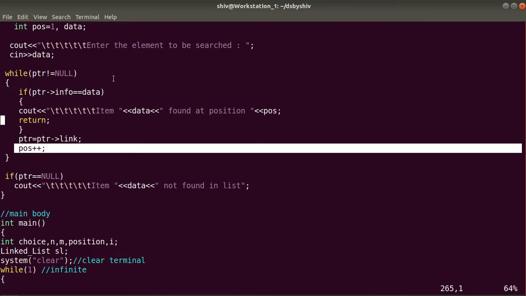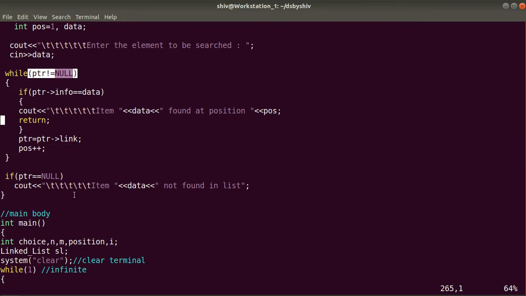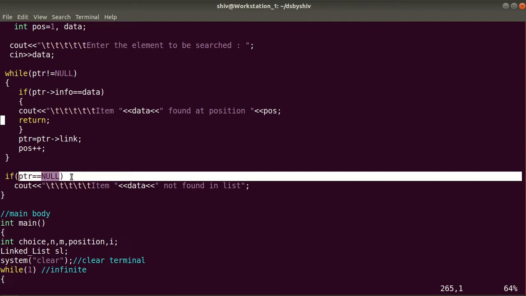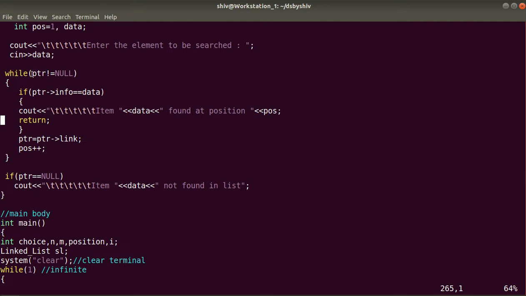If we are not getting that element, and we have searched all the nodes, then we will reach the last node. In the last node, PTR will be null, because the last node's next address will be null.